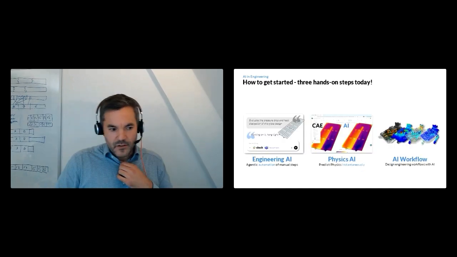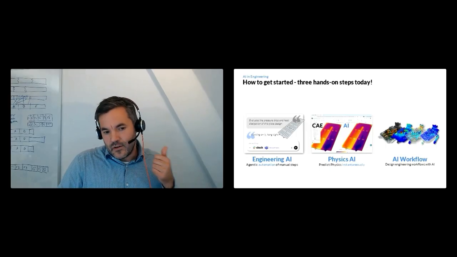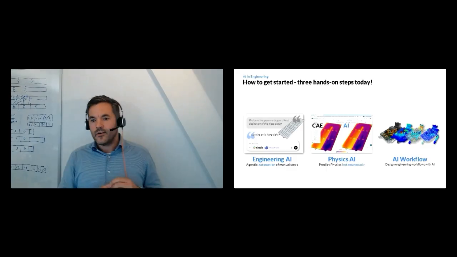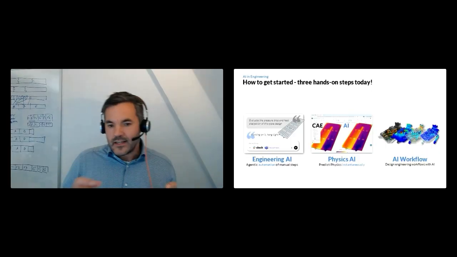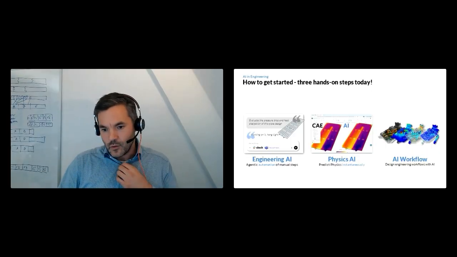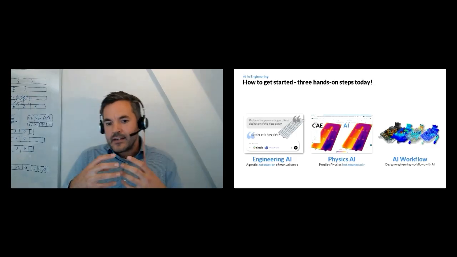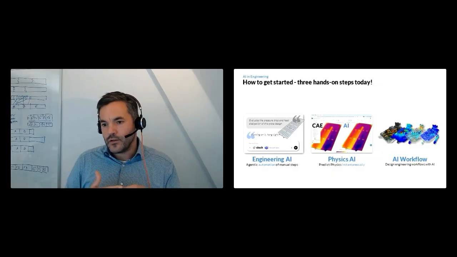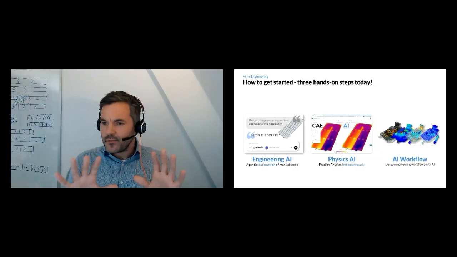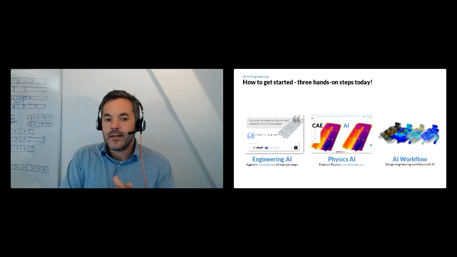Just before I hand over to Ian, we're going to see engineering AI in action first. Later, we're going to do a bit of work on a cold plate that we can see here on the left. We're going to have an agent help us do some work on cold plate design. We're going to then see real-time predictions of results of such a cold plate design, and then we're going to string these things together and ask, with these new capabilities, if we really have AI entering the engineering workflow, how could the engineering workflow of the future look? That's something we're going to dig into. So those are the three hopefully tangible, concrete pieces,